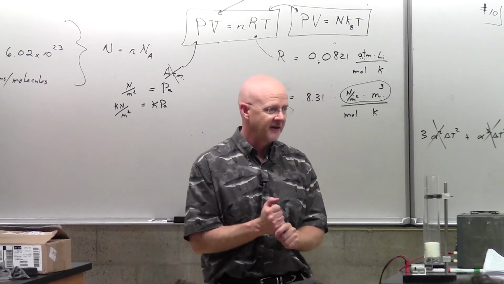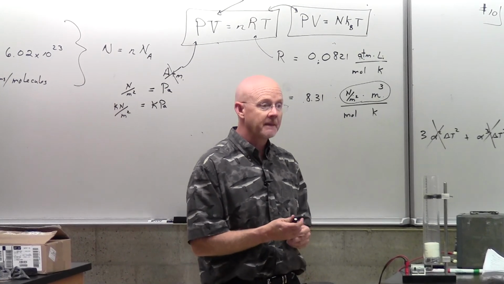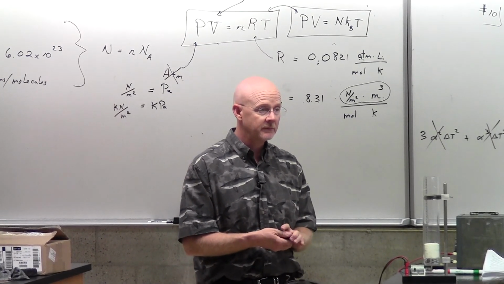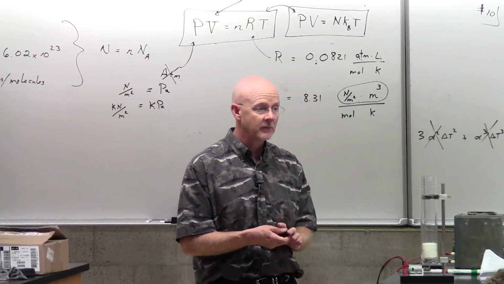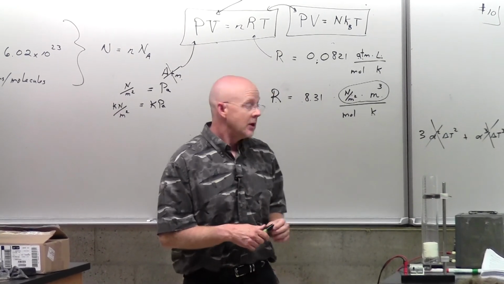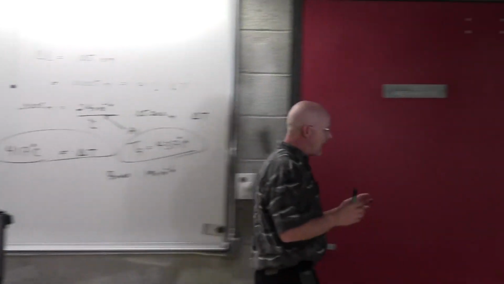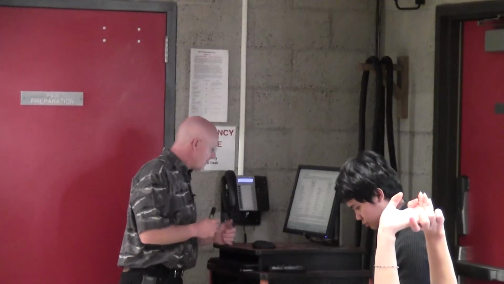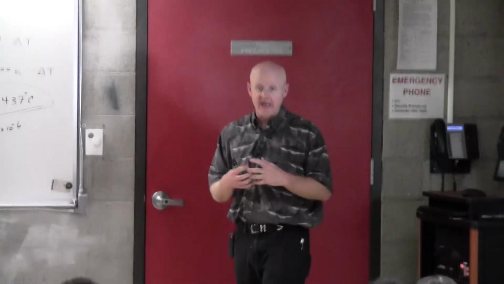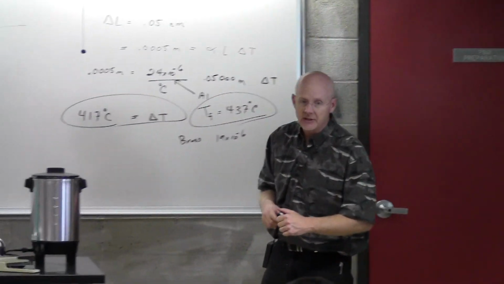When using alpha from that table, do we have to? It's starting at 20 degrees, right? Right, yeah, good point. And the table does make that very clear down in the bottom that these are values at 20 degrees Celsius.